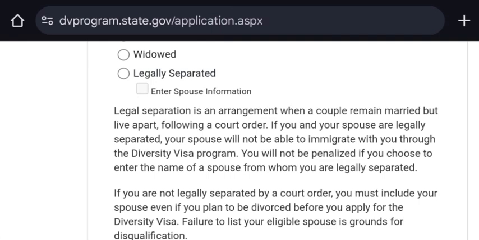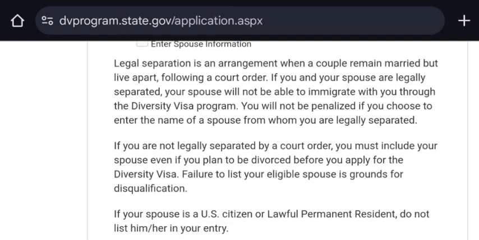If you and your spouse are legally separated, your spouse will not be able to immigrate with you through the diversity visa program. You will not be penalized if you choose to enter the name of a spouse from whom you are legally separated.